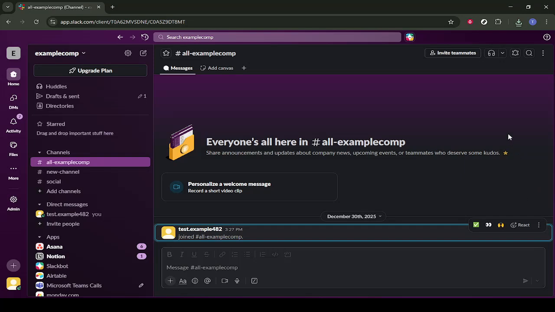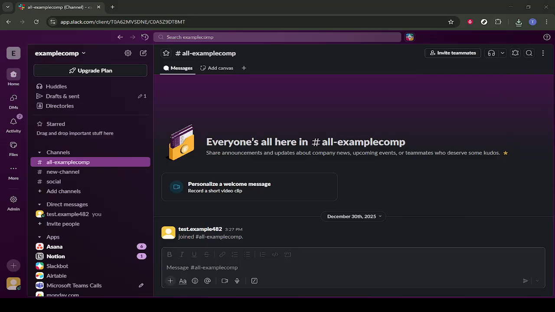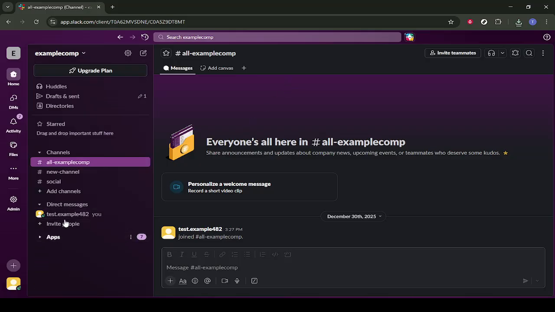In today's video, I'm going to teach you how to integrate Salesforce with Slack. This integration lets your team see key Salesforce information right inside Slack, so you don't have to keep switching tabs or hunting through different tools. I'll walk you through the exact steps you need to follow, and I'll explain what's happening along the way so